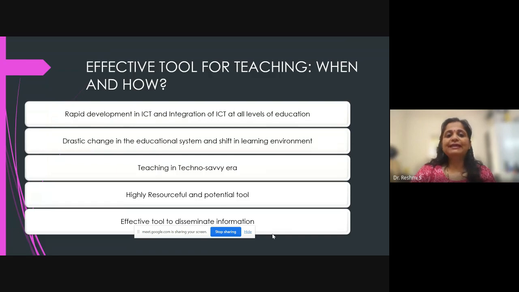dominance of ICT. Likewise, the ICT has been integrated very effectively at all levels of education, right from the primary level to the secondary, higher secondary, and even at the higher education level. So this ICT actually triggered the growth of e-content development. And regarding the educational system as well, we could really sense the major differences, in the sense that